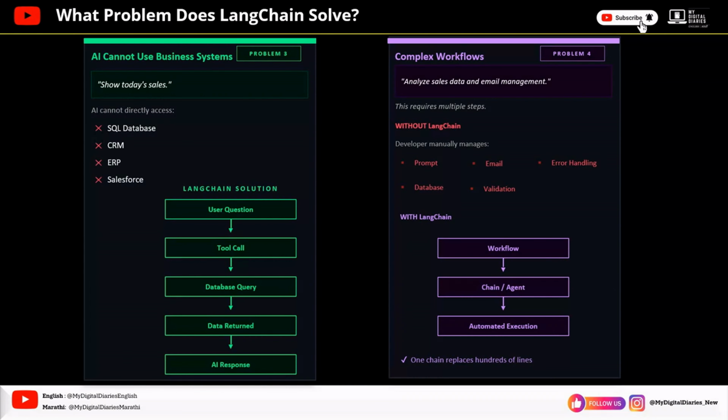Step 3 is automated execution. The whole thing runs on its own. Check the sales data, prepare the summary and email, handle any errors along the way, all automatically. Instead of a developer writing hundreds of lines of custom glue code, LangChain lets you describe the workflow once and it handles the execution every time, and that's how problem 4 gets solved.